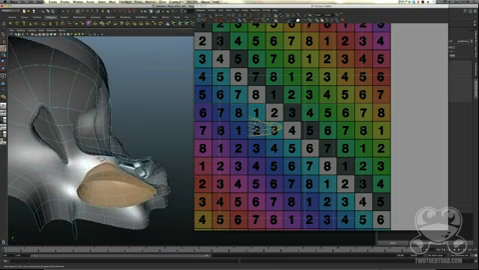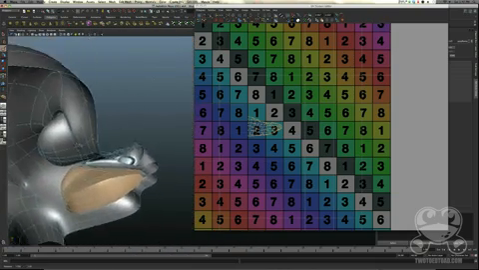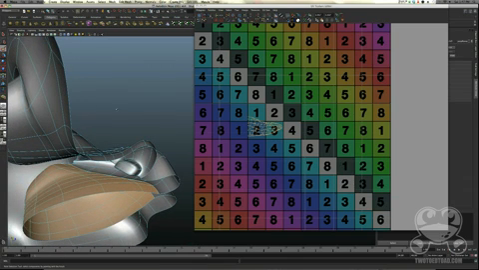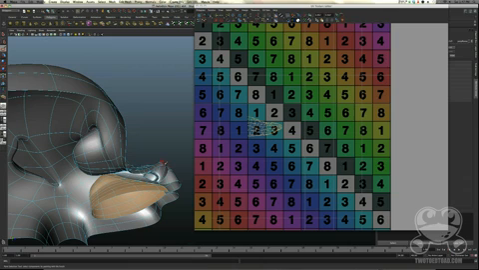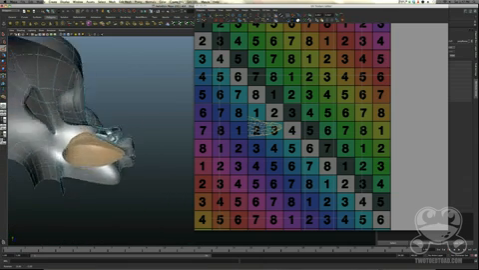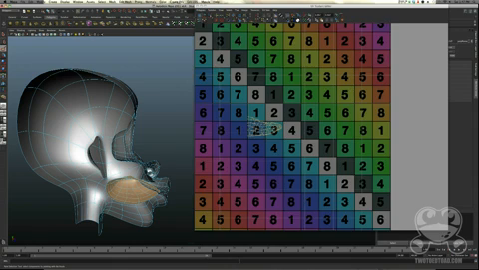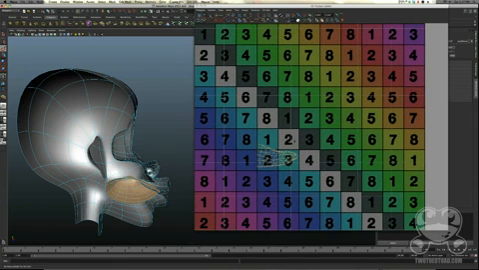Okay, and I'm just kind of panning the camera around just to make sure that I have everything selected that I want to be selected. Okay, and this time instead of doing a mapping on this to unstitch it from the face, what I'm going to do is I'm actually going